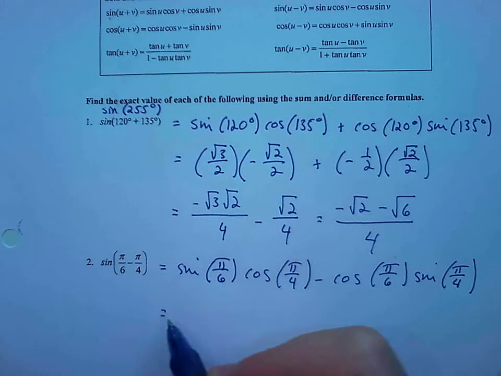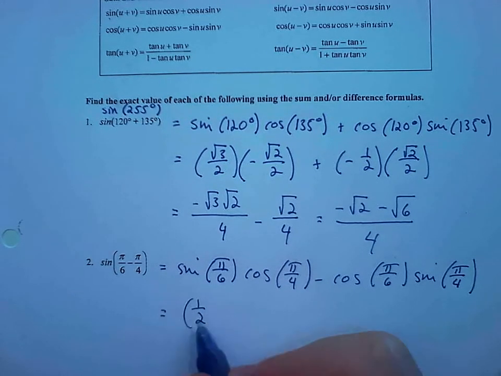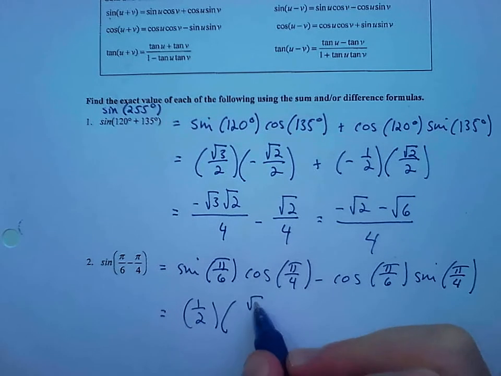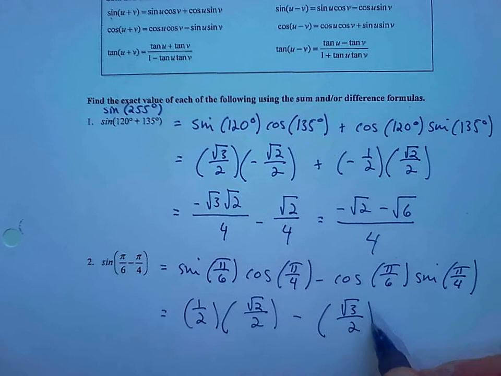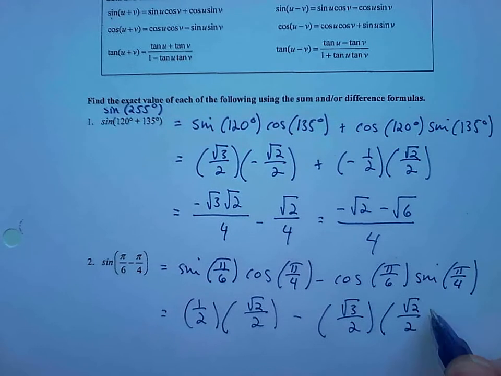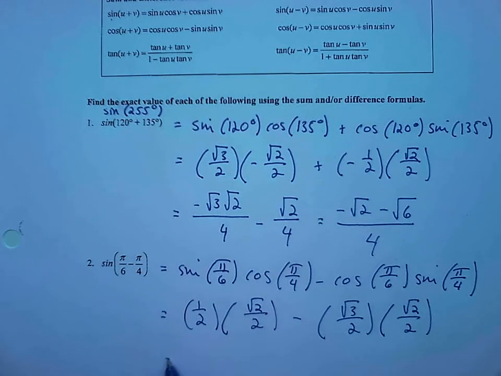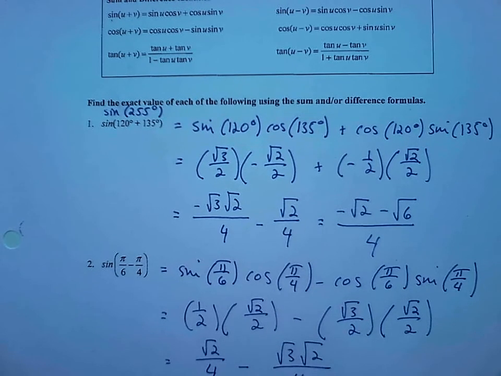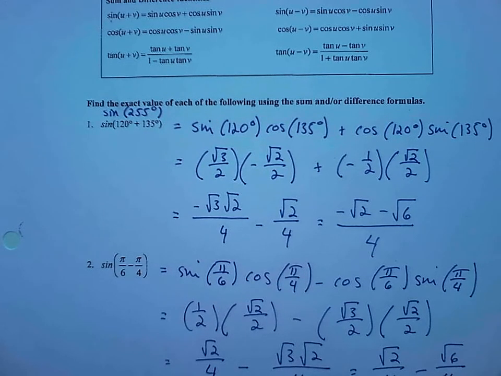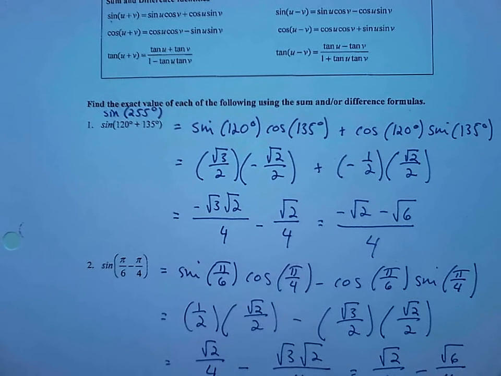We know that the sine of pi over 6 is equal to 1/2. Cosine of pi over 4 is square root of 2 over 2, minus square root of 3 over 2 times the square root of 2 over 2. Now we can just do some arithmetic to this. This is going to become the square root of 2 over 4 minus square root of 3 times the square root of 2 over 4, which again is this. Or we can just have square root of 2 minus the square root of 6 all over